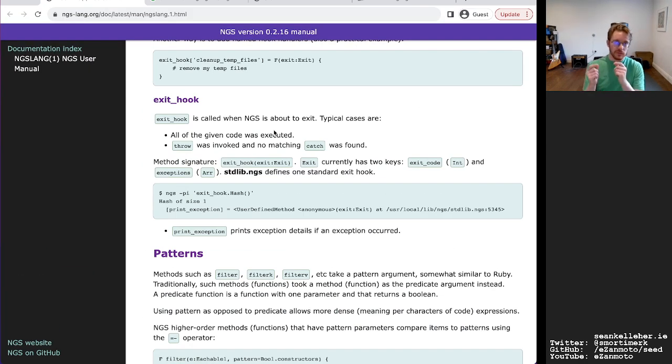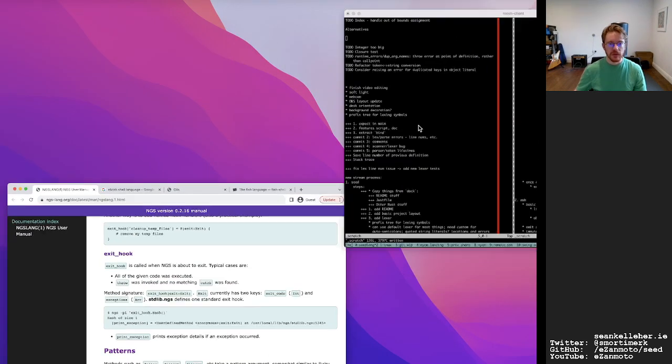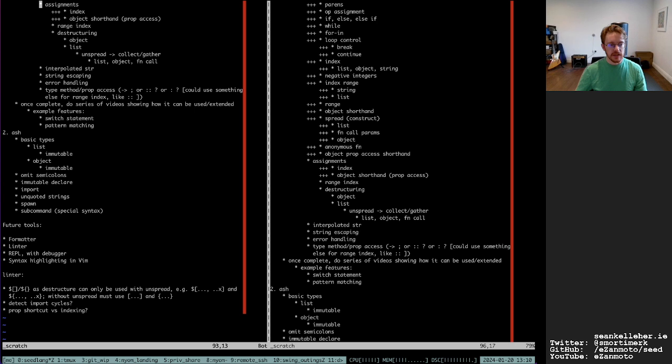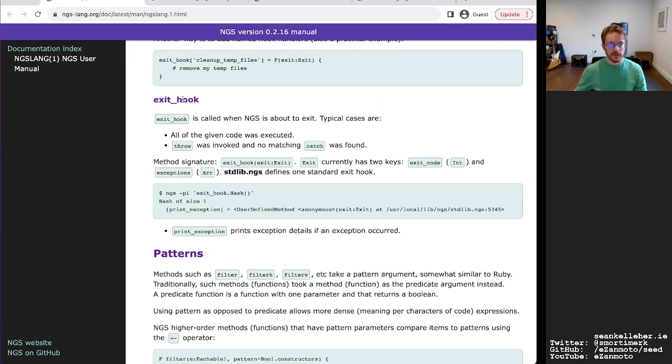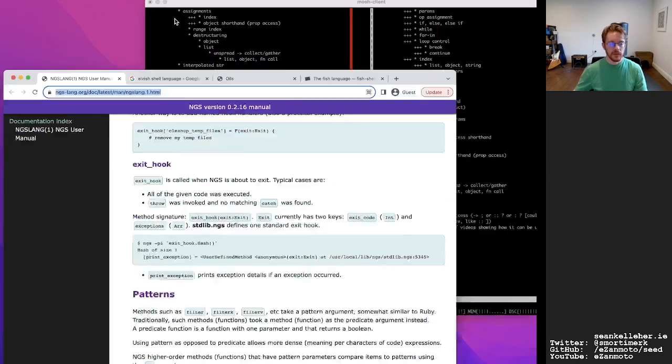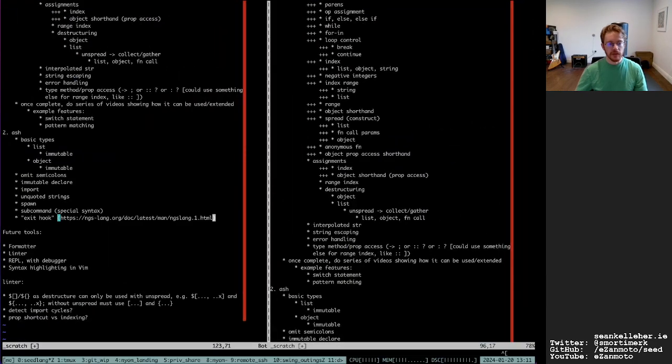So that's something else that can be useful from the exit hook. But then if you're talking about values that have been initialized and created and are in scope, you also have to deal with the fact that they might not have been created at the time that your exit hook gets called. So there has to be a bit of playing around with that, but that's a nice idea that I might play around with, or at least, shall we say, think about a bit more.